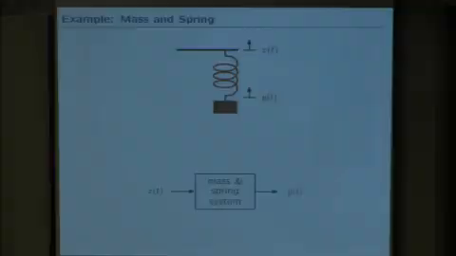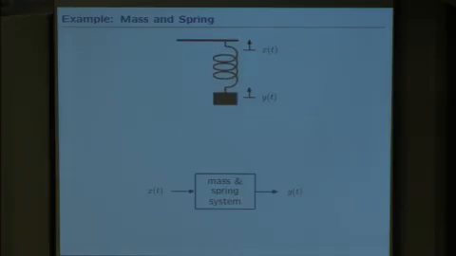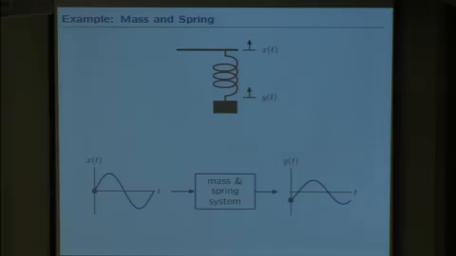I'm just sort of arbitrarily saying, for the purpose of my analysis, I'm going to consider the input to be the position of the hand, the output to be the position of the mass, and I'm going to think about the mass and spring system as a box that transforms x into y. So rather than thinking about it in terms of free body diagrams and kinetic energy and potential energy, I'm going to think there's some input signal x and there's some output signal y. And what I'd like to do is, given x, calculate y. OK, bizarre. Why would I do that?